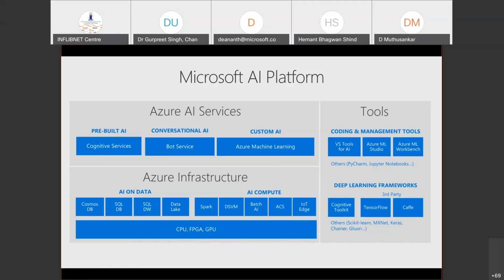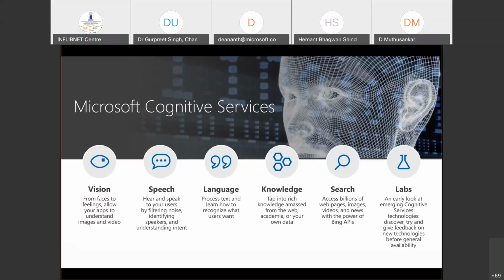Let's get started with cognitive services. Like I told you, in cognitive services, we have got services which will help us to identify things, which will see things like images, videos, understand what is there. And then we have got the speech services, which help us to convert voice to text, text to voice, understand the intent of what is being said. We support about 60 different languages where translation can happen from one language to another.